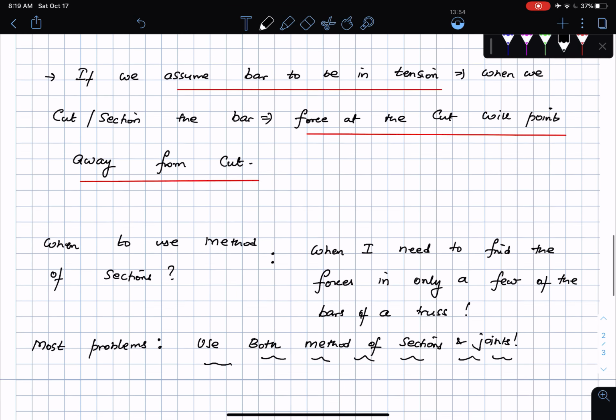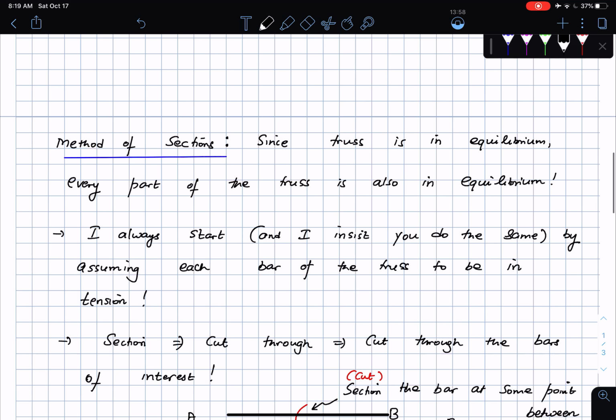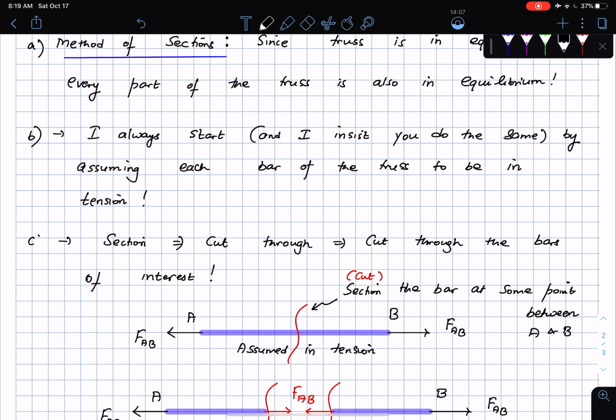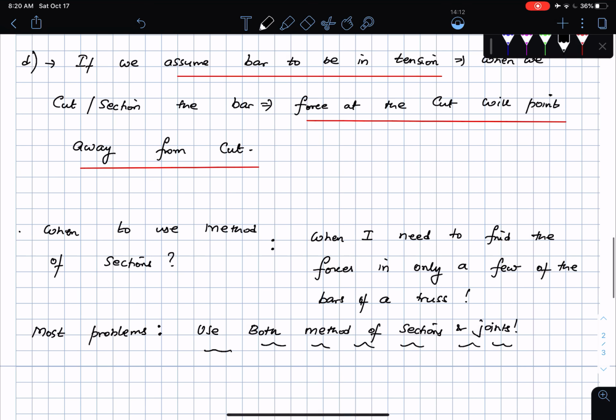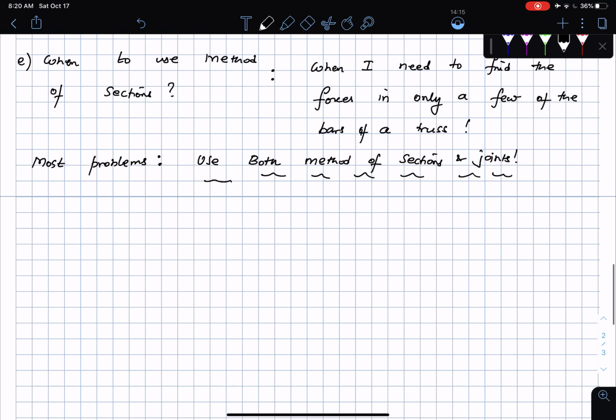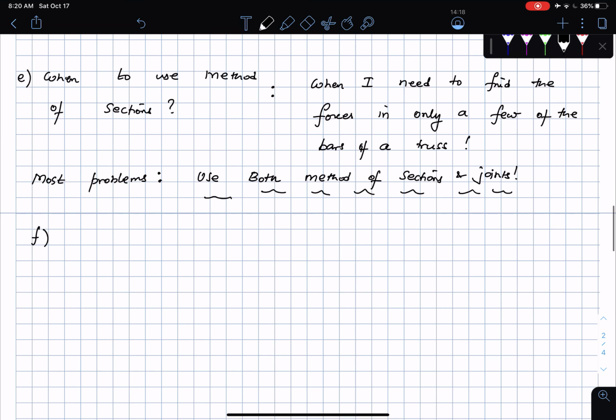and a couple more things. I think I want to maybe list them as individual points. Okay, so let me say, okay, this is the first point, then this is my second point, okay, then this is my third point, this is my fourth point, this is my fifth point. Okay, then I come to my last point. Okay, when I section through a truss. Okay, so when using the method of sections, we cut our section through